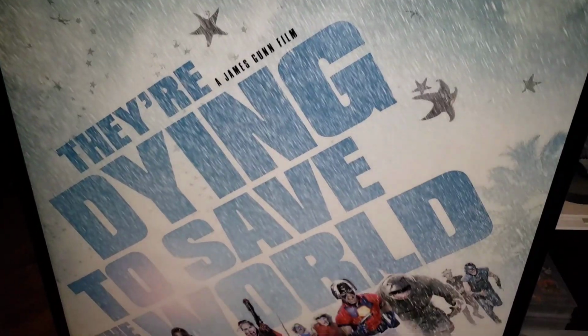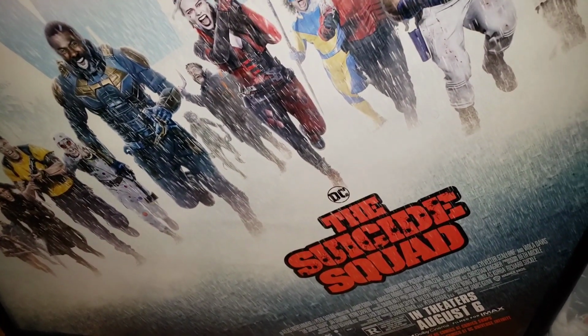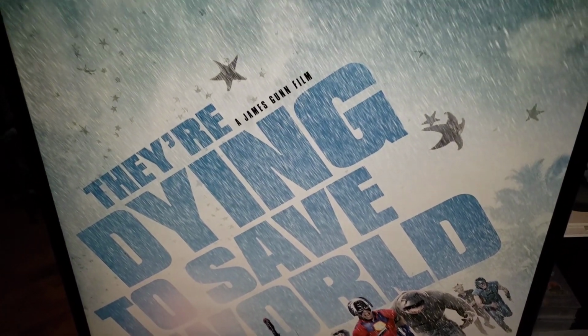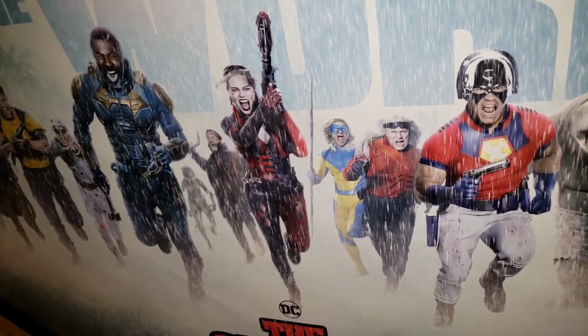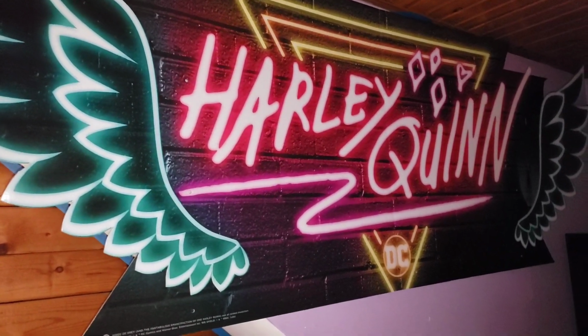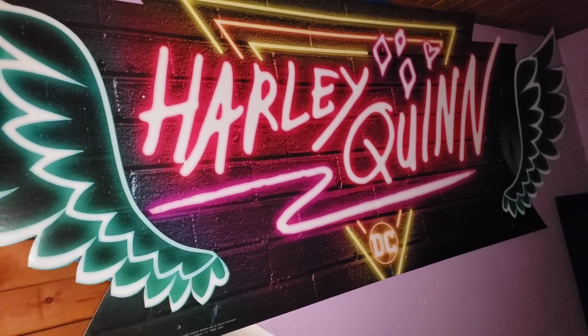So I'll also go ahead and throw in my now framed, I need to sweep, my now framed Suicide Squad movie poster that my mom's boyfriend got me for my birthday, straight from the movie theater, so that was pretty great. And last but not least for today, this gigantic, doesn't even fit in my Harley room,